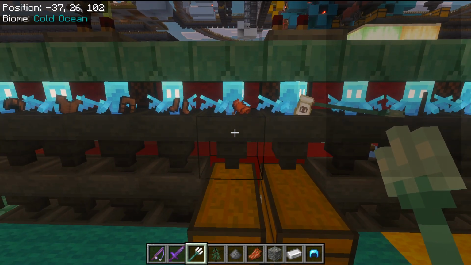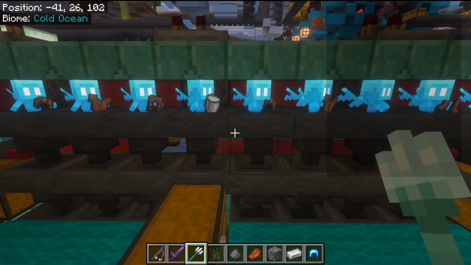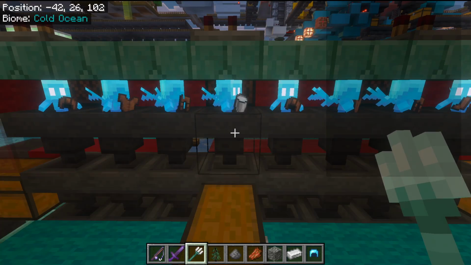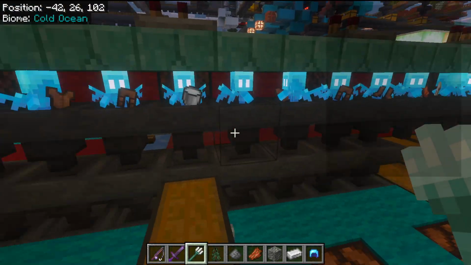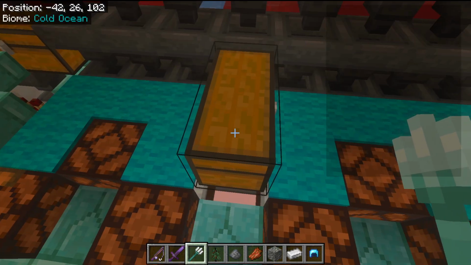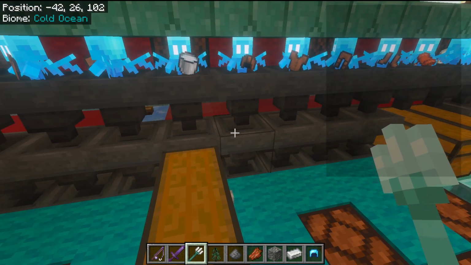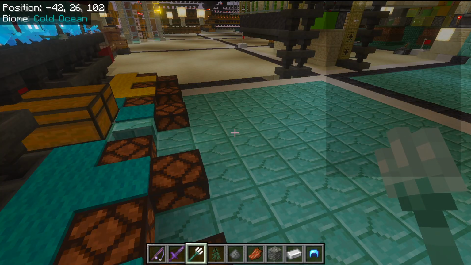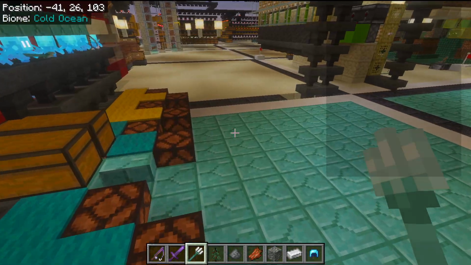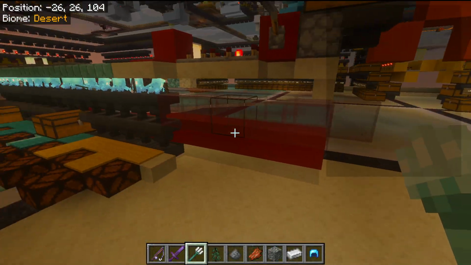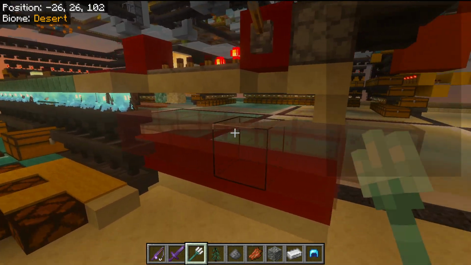Saddles, which is from fishing. Leather, milk buckets. I have had a milk bucket come through my chain before. And you see, I have filtered out 2 more. And allays are the only way to really do that. Yeah, and all of this circuit is just to filter out the